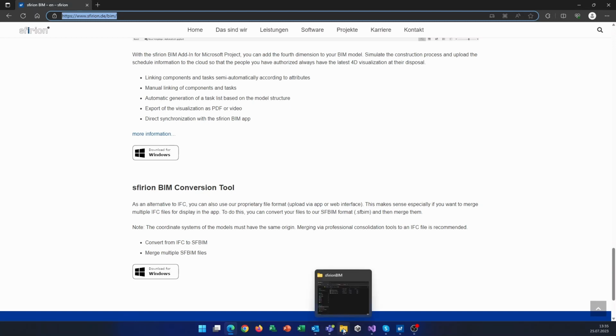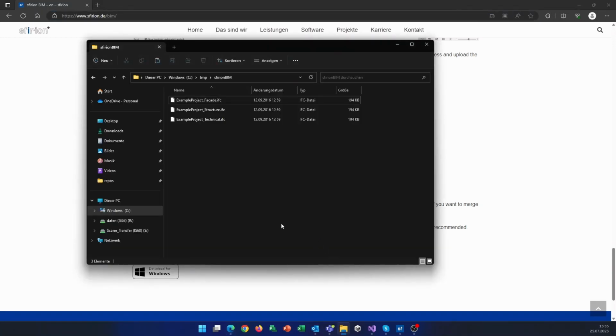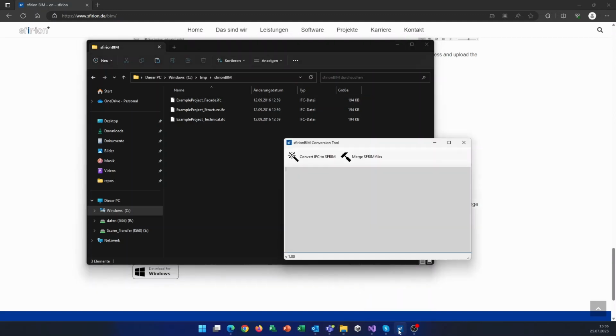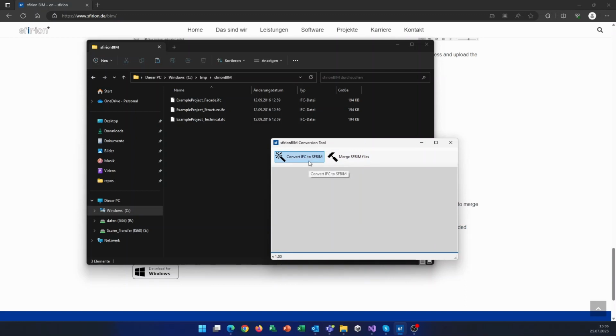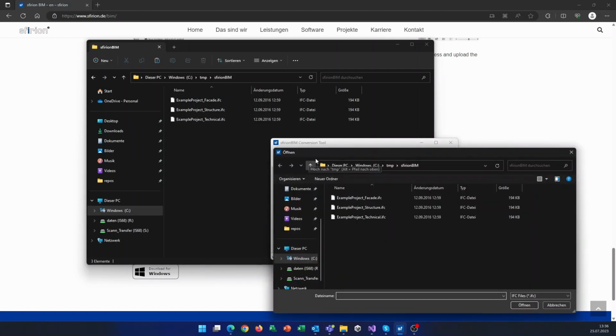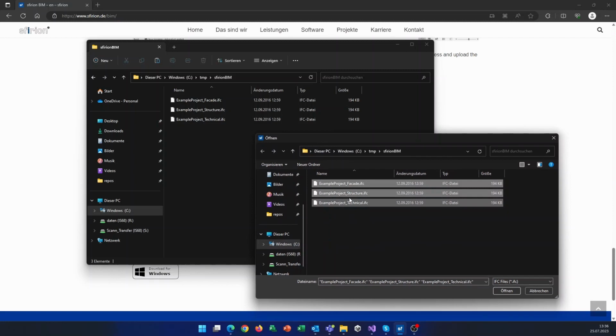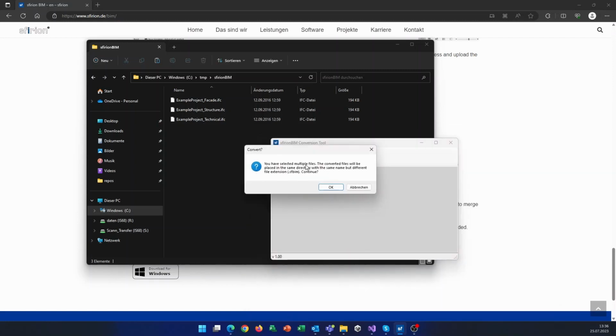To be able to show you the process, we have prepared 3 partial models as IFC files. First, these IFC files need to be converted to sfBIM files. Open the conversion tool and select Convert IFC to sfBIM. Select your partial models and the tool will place the resulting files in the same folder with the same name